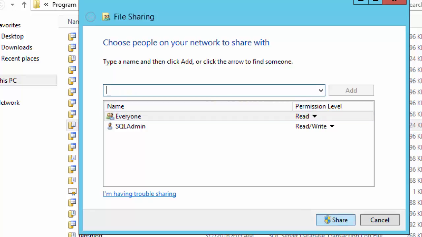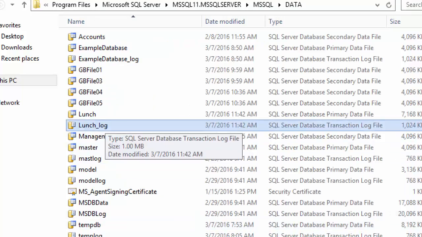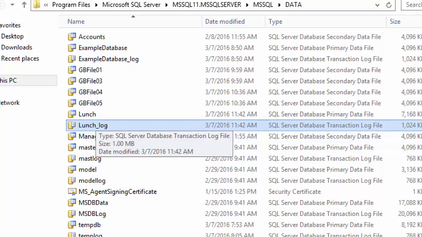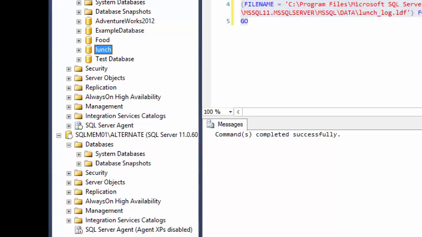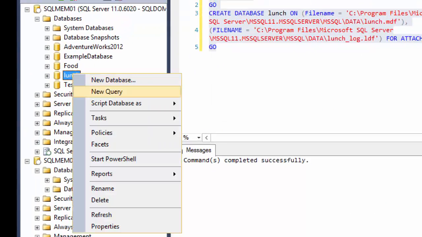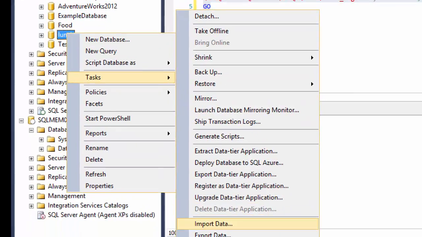Add. So now the database itself is shared and database files are shared. So I'm just gonna launch that quickly. That lunch database wizard tasks copy.